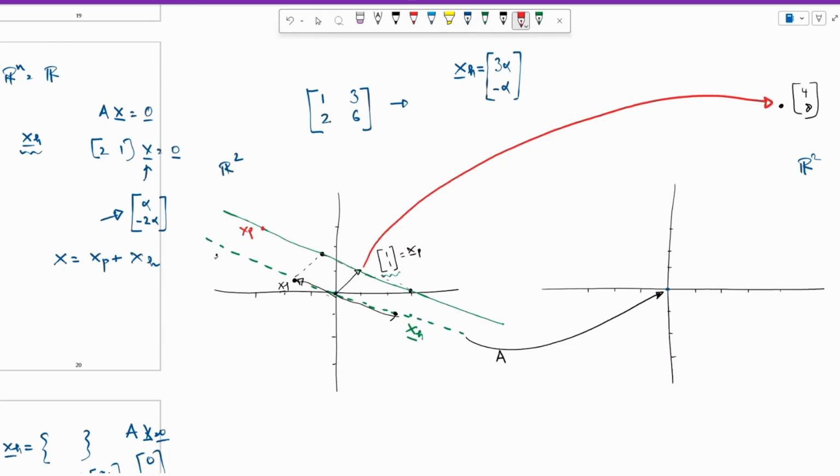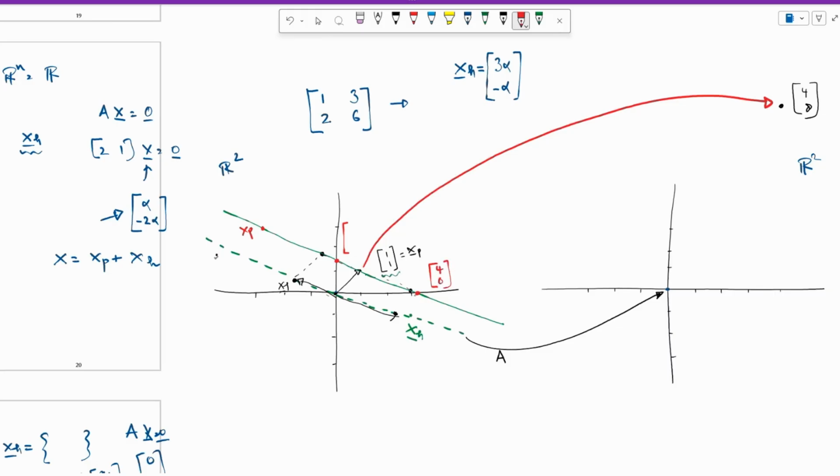If I had chosen this, this would be what? No, not 0, 1. Or let me choose this, easier for me to do. What would this point be? This point gets mapped to 4, 8. So this has to be,